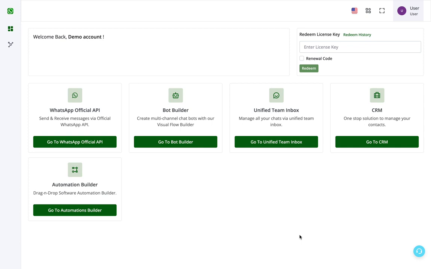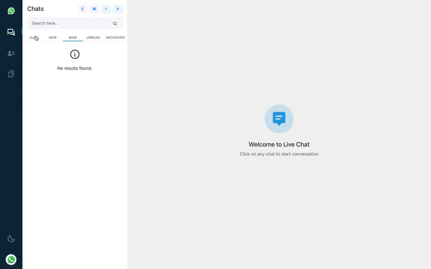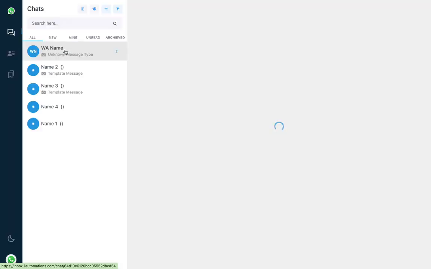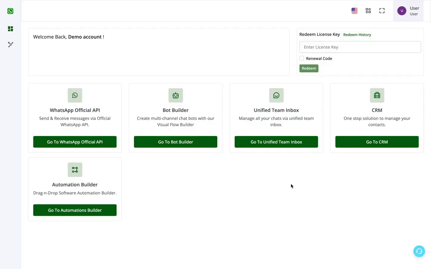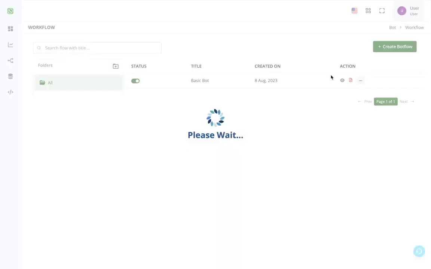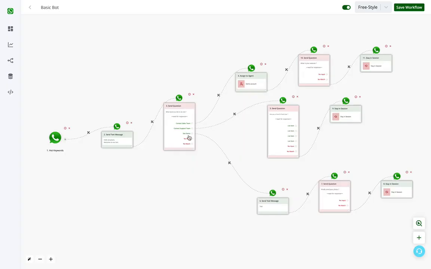Let us see how we can check the errors in the bot flow. While I was checking the messages that were being sent by the bot, as you can see here, the basic bot sent this reply to the user, and then the next message failed. To analyze what happened here, I need to first go to the bot builder, and in my bot flow